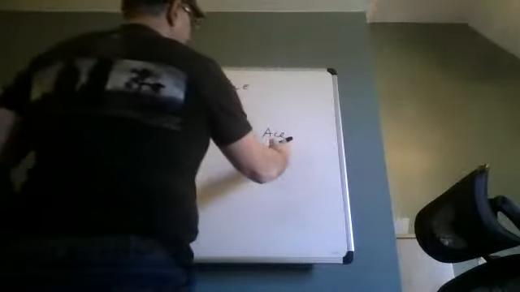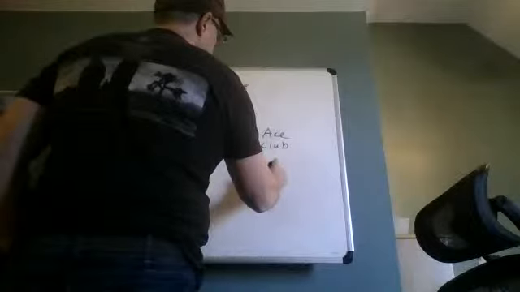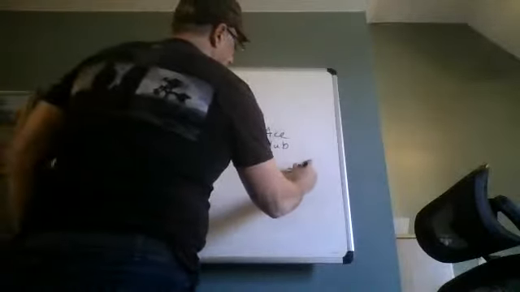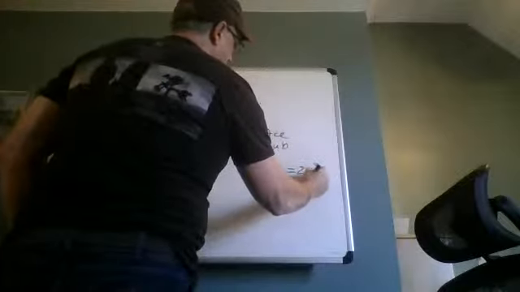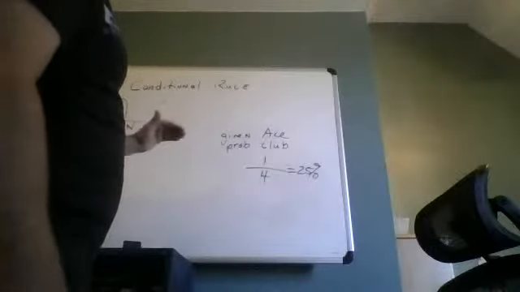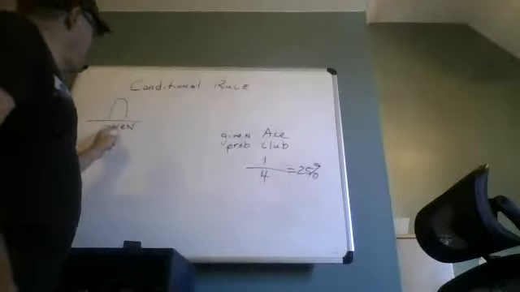Let's start with the given. Given that there's an ace, there are 4. How many clubs are there? Ace of clubs. 1. 25%. Okay? So I don't think you're ever going to get confused as long as you start with a given and